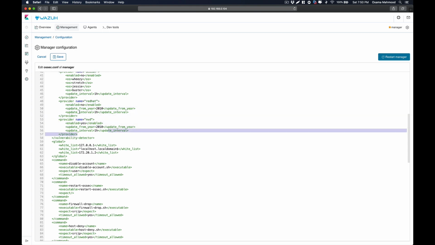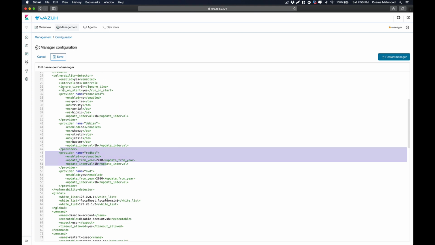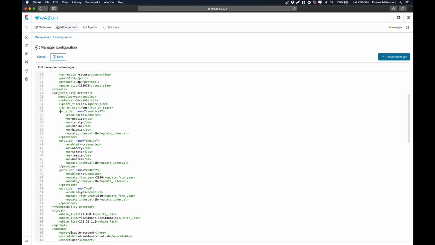So as you can see, here is the vulnerability section. So what you need to do is over here, it will say enabled no, just change